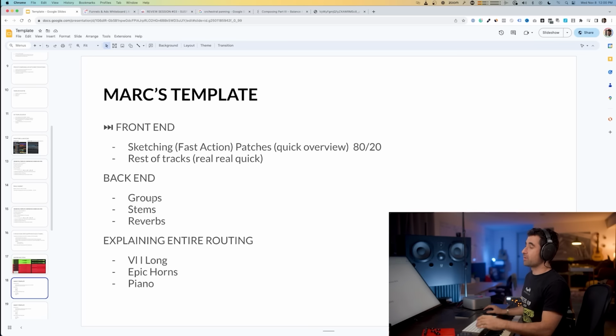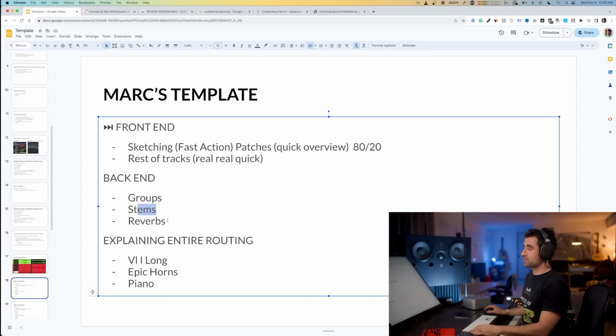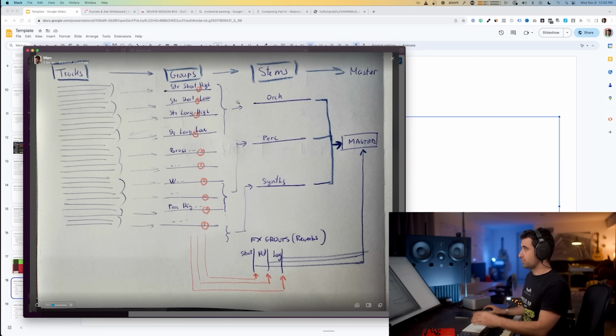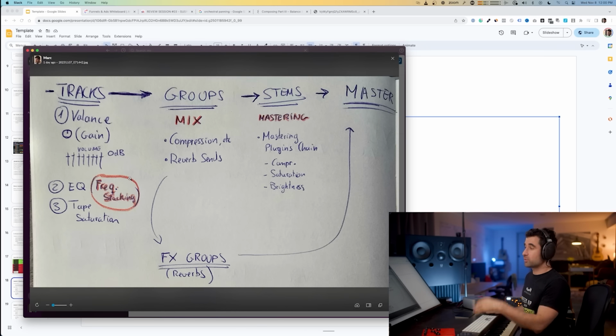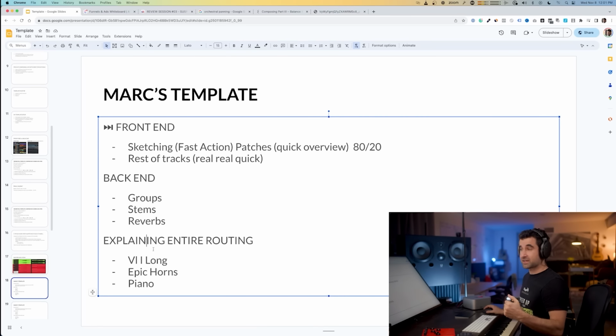With that, we've taken a look at the groups, stems, reverbs, master as well, where the mastering happens. We've also taken a look at the tracks. We now understand what the goals are, what we're trying to achieve in each one of the stages: balance, frequency stacking, mix, mastering. The next step is, I'm gonna take you through a journey from the track